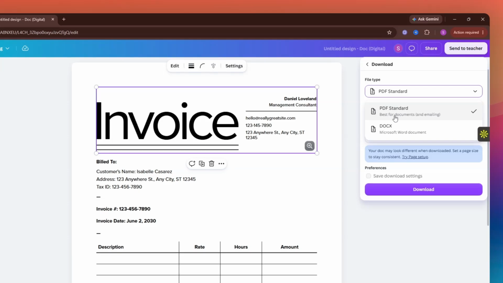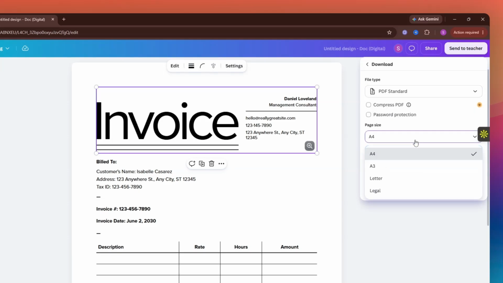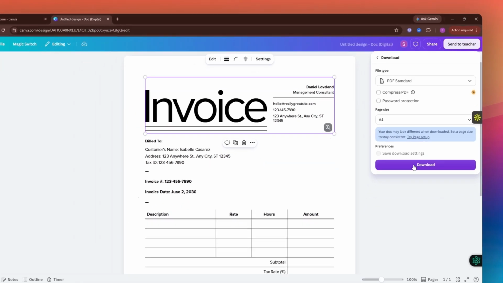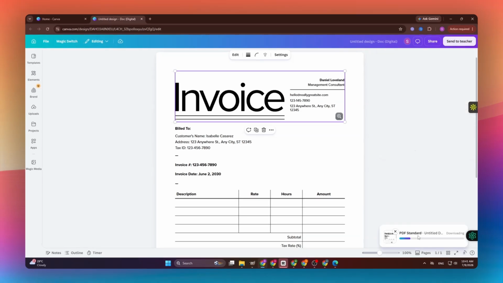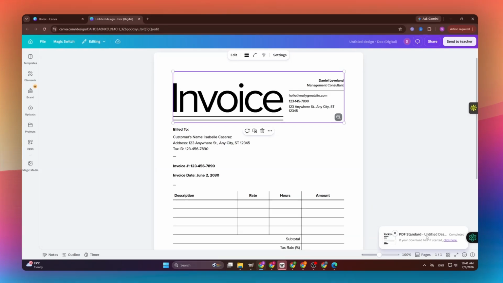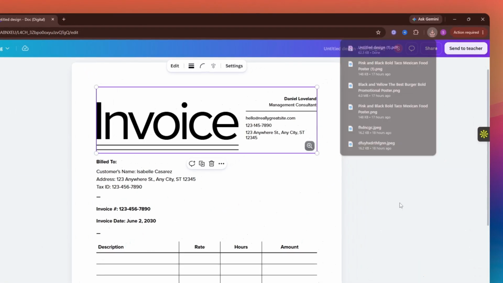Next, choose PDF Standard as your file type, and for Page Size select A4 size. Click the Download button to export your document in the selected format. Now, once the file has been downloaded,